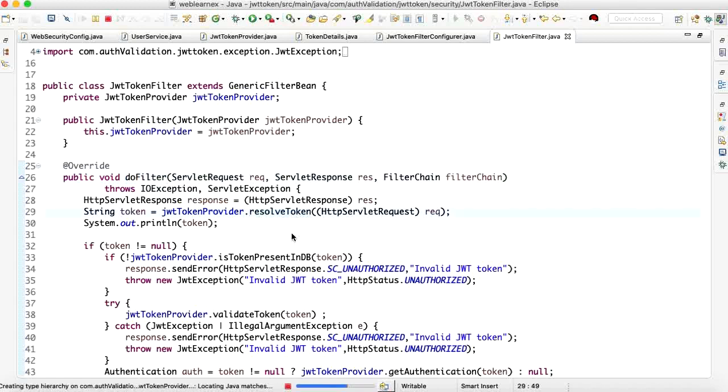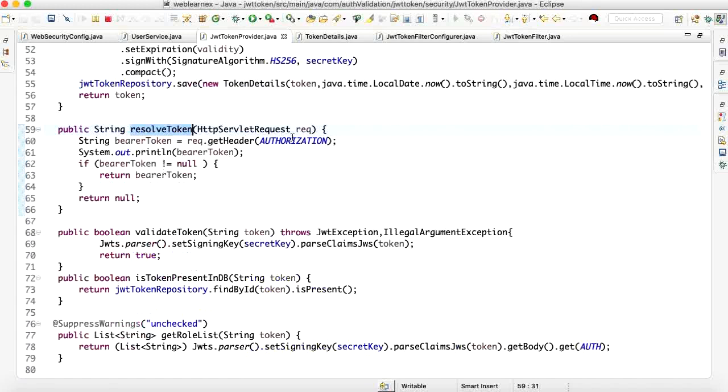This method checks whether any header is available in the incoming request. If the header is not available, it will show the exception, otherwise it returns the header token.